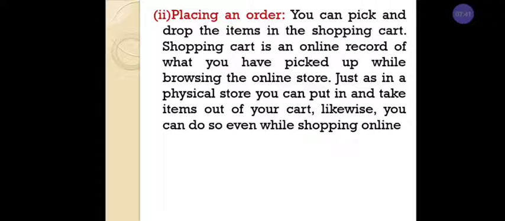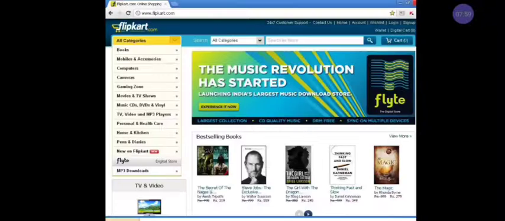Once you have decided to purchase a product, you can just select it. That product will go to the shopping cart. After that, if you finally decide to purchase, you can just click on the placing an order button. See, for a best example here, you have visited the Flipkart online commerce website. In this, you are going to select it.